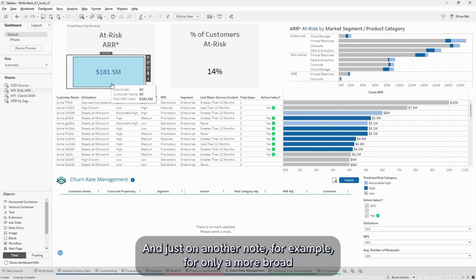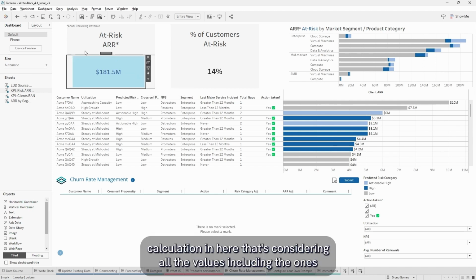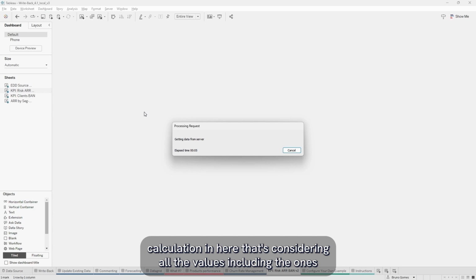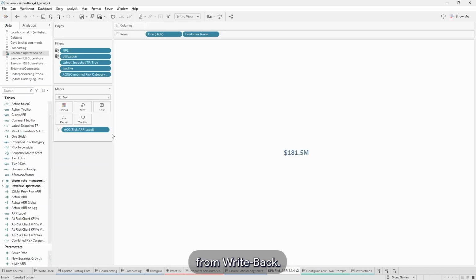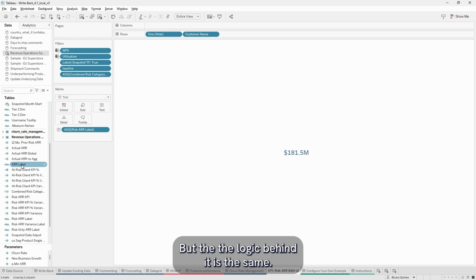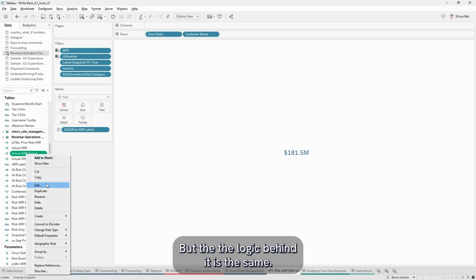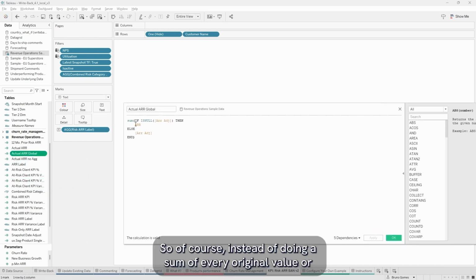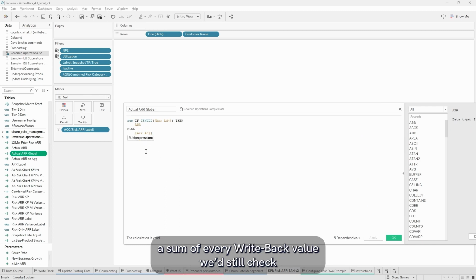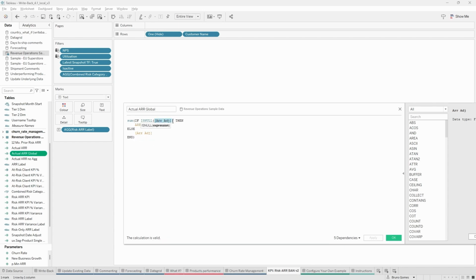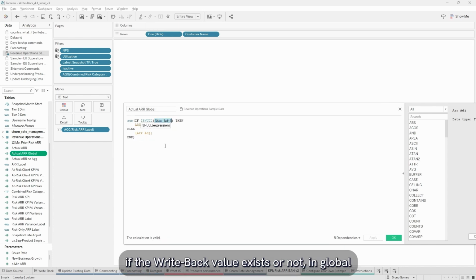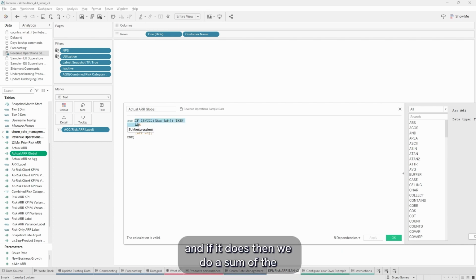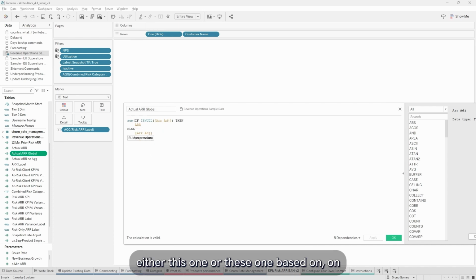And just on another note, for example, for a more broad calculation in here, that's considering all the values, including the ones from write-back, we have a different calculated field, but the logic behind it is the same. So of course, instead of doing a sum of every original value or a sum of every write-back value, we'd still check whether the write-back value exists or not in global. And if it does, then we do a sum of either this one or this one based on the